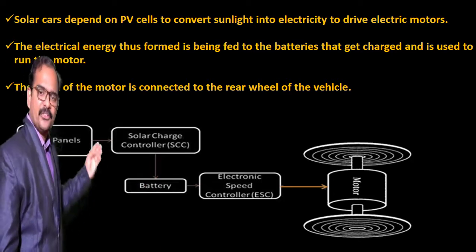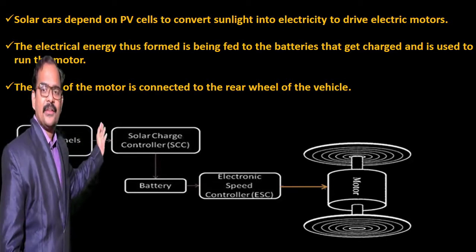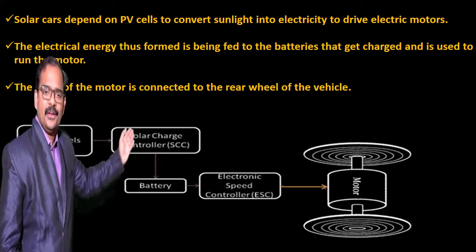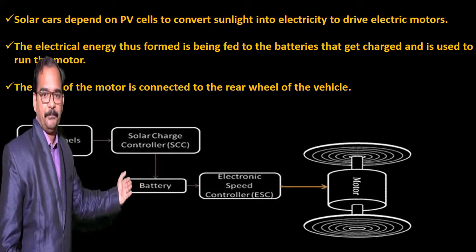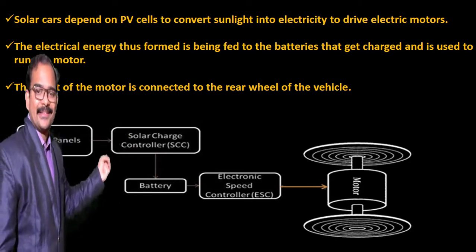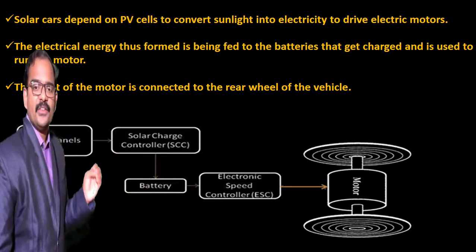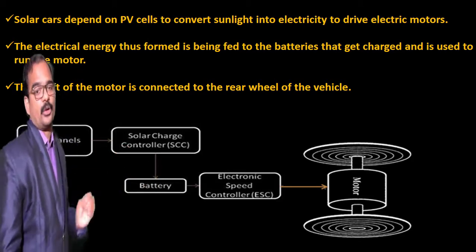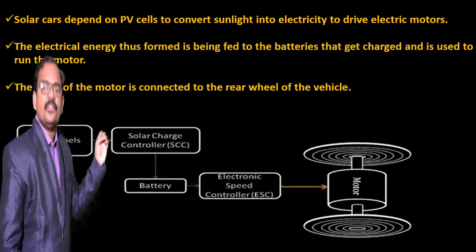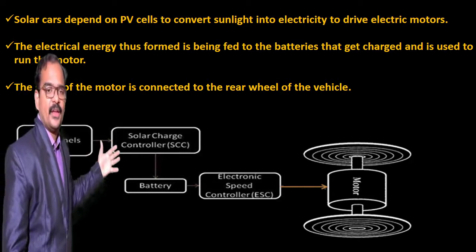So as you can see in the picture, the working: you have solar panels which will generate the electrical energy, and the generated current will then enter the solar charge controller, and from there it will be stored in a battery. And from the battery, the speed controller will take the DC electricity, and then that will be given to the motor. And this motor is equipped with the electronic speed controller. And the battery will supply the energy to the motor as well as the electronic speed controller. And the motor will rotate, which will drive the wheels of a vehicle.